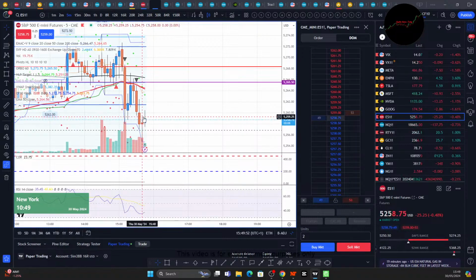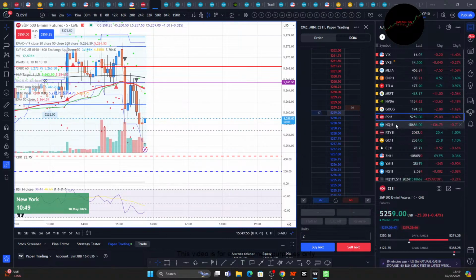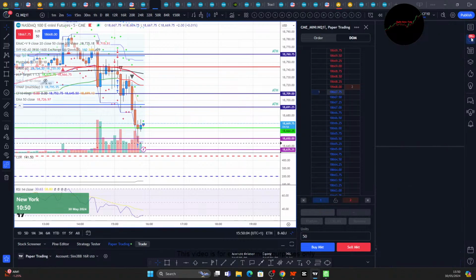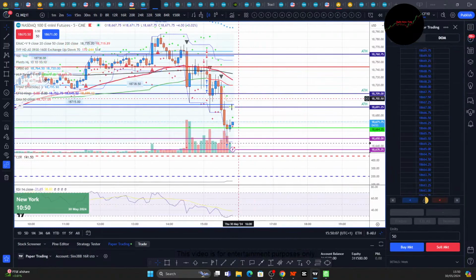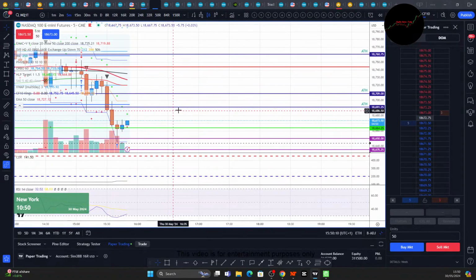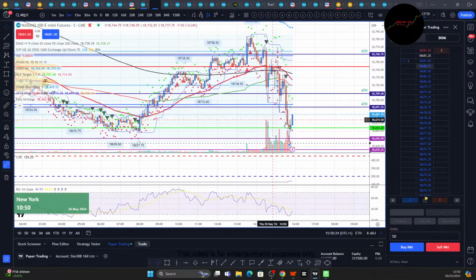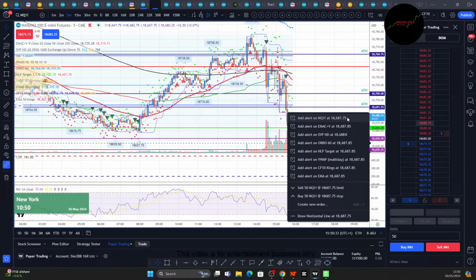ES did a move. ES made a new high. Pushed. Let's see what that was. Oh, that's just gold. This looks like it could be a long here. A long go all the way up to 87. Hesitate a bit too much there. Was looking at first 5 minutes to make a new high. Just had it there. Looking for price to get up to 87. Let's put an alert right there.